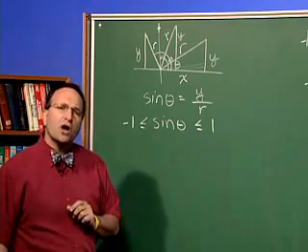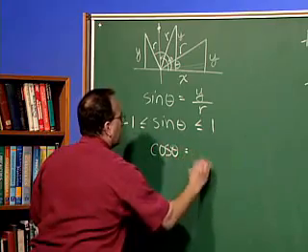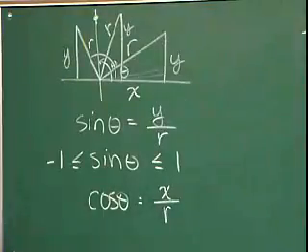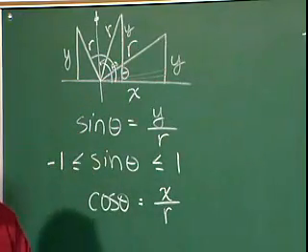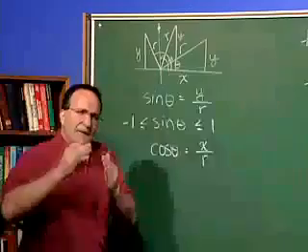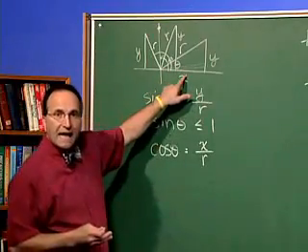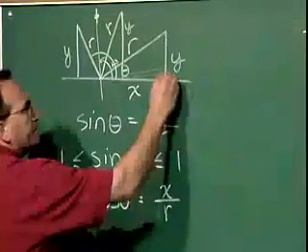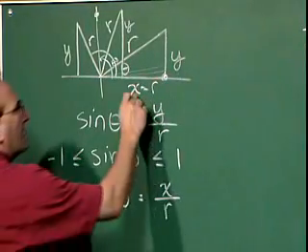Okay, well, what about cosine theta? Well, cosine theta is equal to x over r. So this time we would be comparing the x value to r. Well, again, by the same reasoning that we did with y, we should realize that when we have an angle of 0 degrees, that would be where x actually equals r. In other words, the ratio